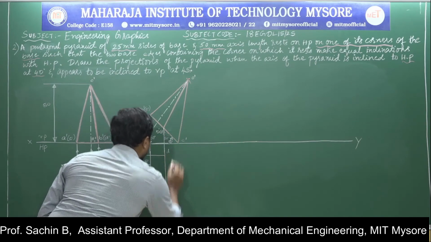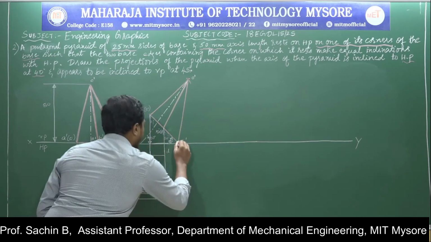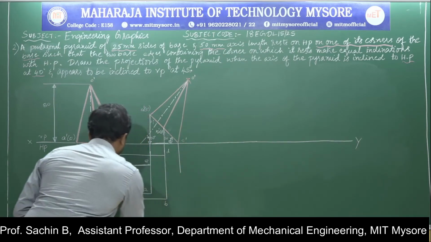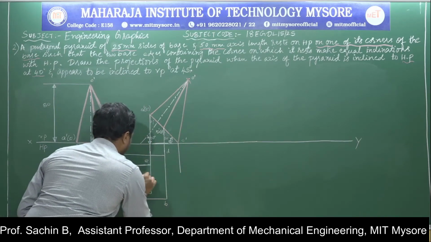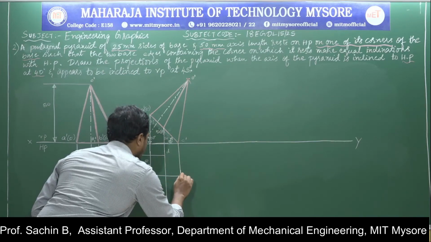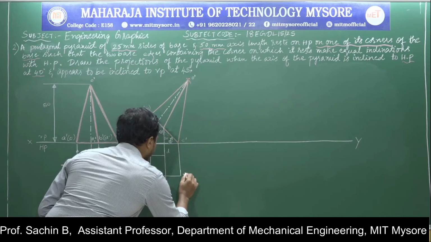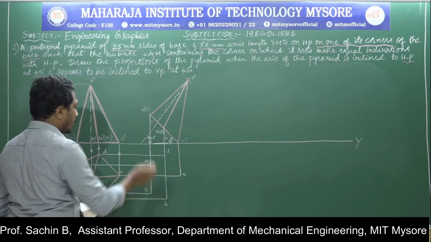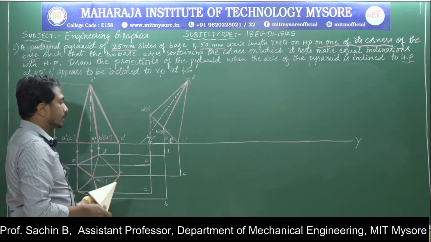This is D, this is B. Again I will come to the C point. I will extend it to get connected to the top view in the front position. This is C. Okay, now all the base corners I have written here.